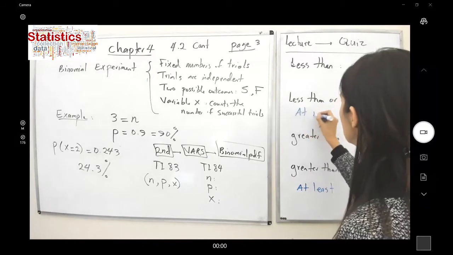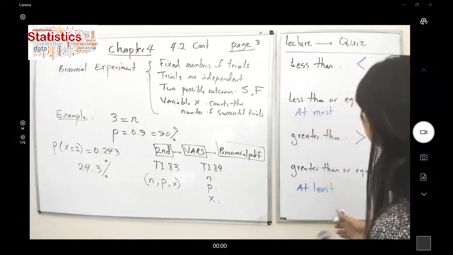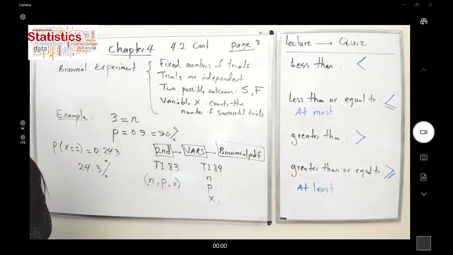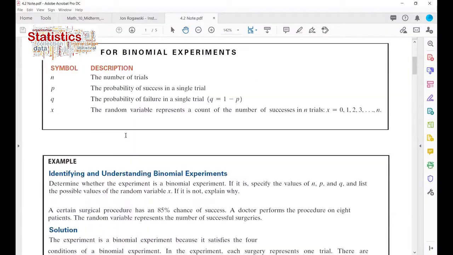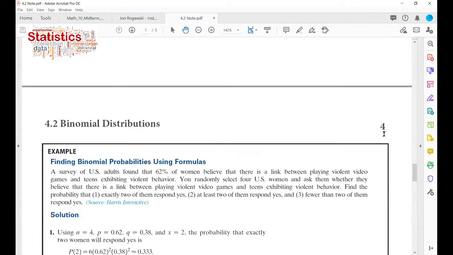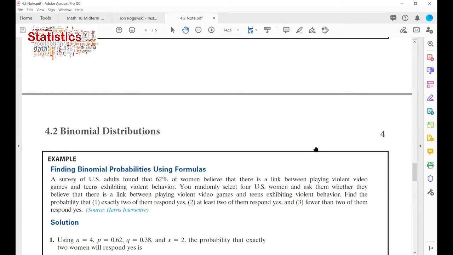At most. And is it a keyword? Let us take a look at one example and try to translate that example using the symbols that we just learned. Very well. So in the example on page 4, you have a survey of US adults